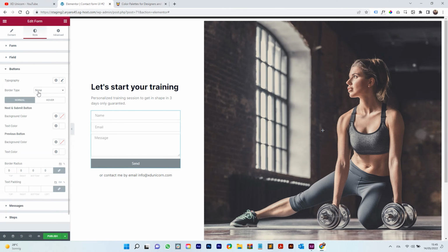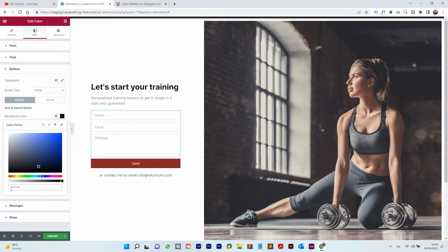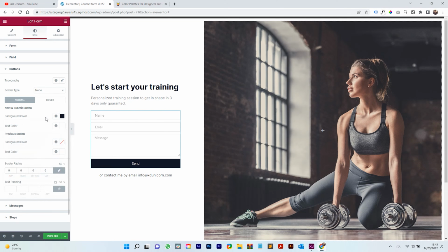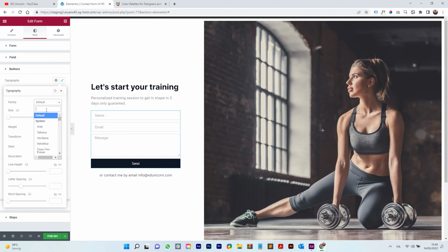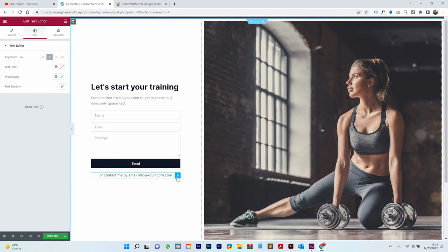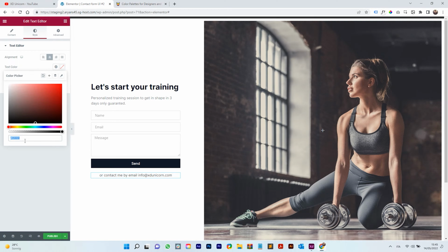So button tab, select the background color, and here again I'm going to paste my color so it's darker, it's like a dark blue. And then again typography, remember Inter, and of course the weight, so I'm using a 500 here. Perfect. Changing also this text here, so I'm going on the color again, paste again your color,